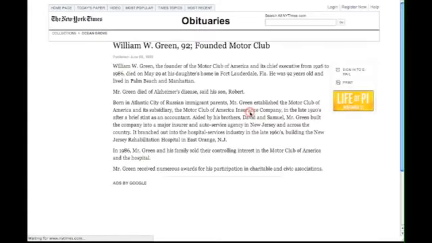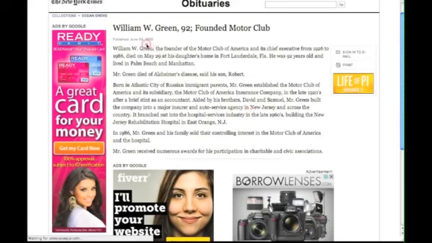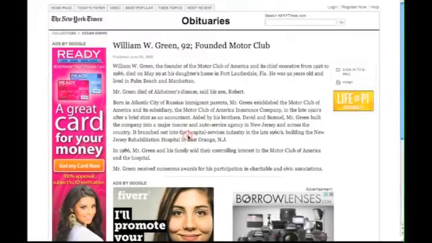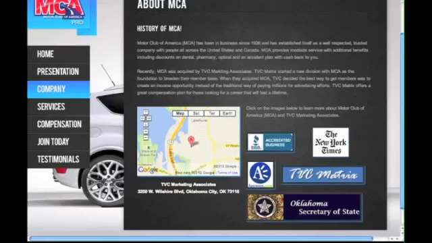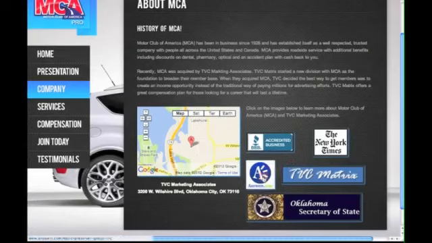Let me close that out, and then we've got, let's see, New York Times. There's some information about the New York Times article. Talks about William W. Green, which was one of the founders of Motor Club of America. Talks about when he had passed away. So just additional information about the company itself there. Then we've got